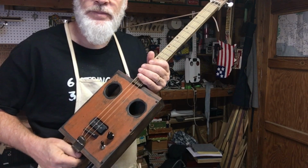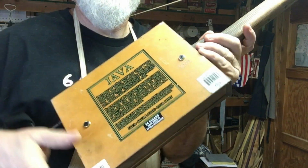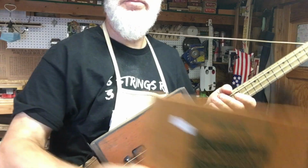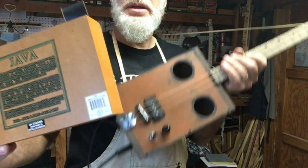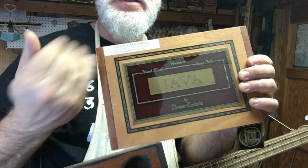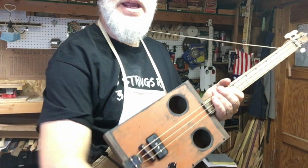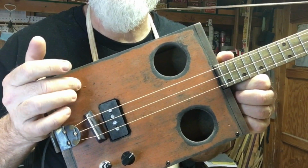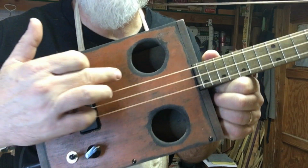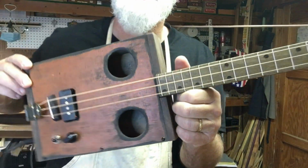All right, so we are going to put this thing through the paces. This was a Java box. And what these Java boxes look like prior to this is what they look like. They're still awesome boxes. This one here is covered with dust. But they're thick walled. And what I do is I sand them down, and then there's different layers of veneer. So I get this down to the second layer. I take off the first layer, this is the second layer, and then this one here is the third layer. So I expose the third layer, and then the third layer really takes the stain, and so that's what gives this that